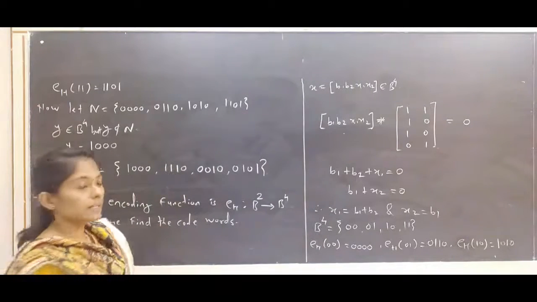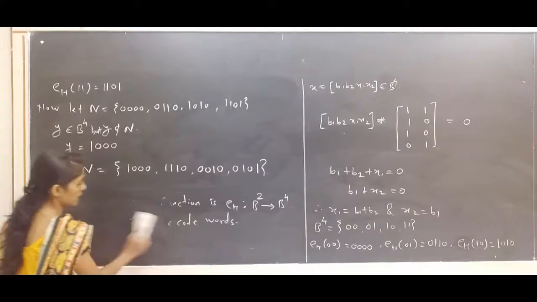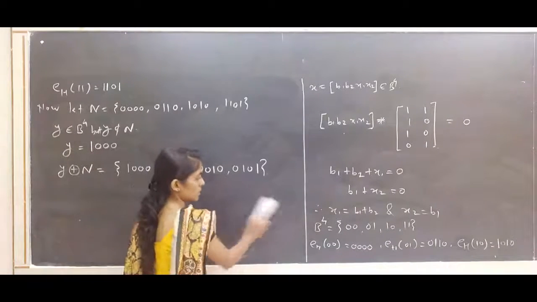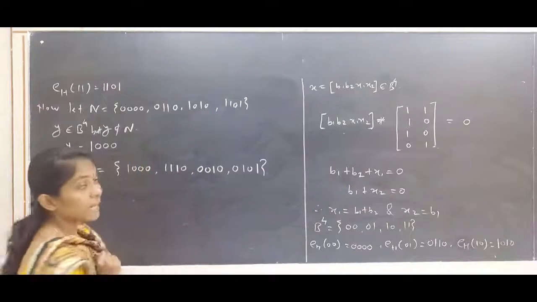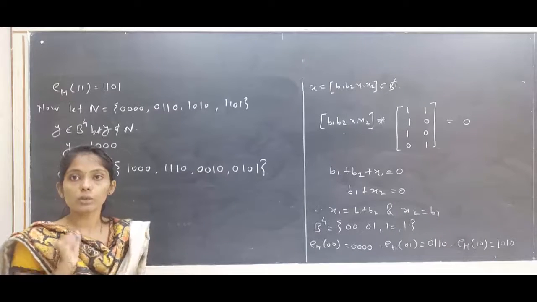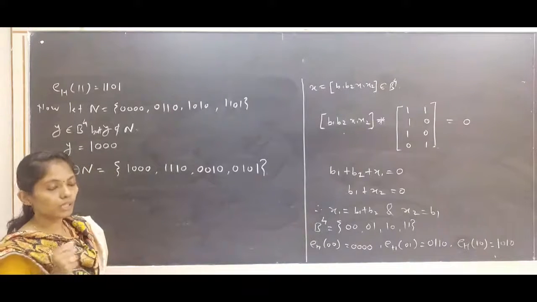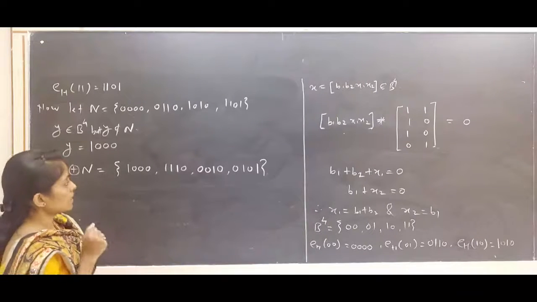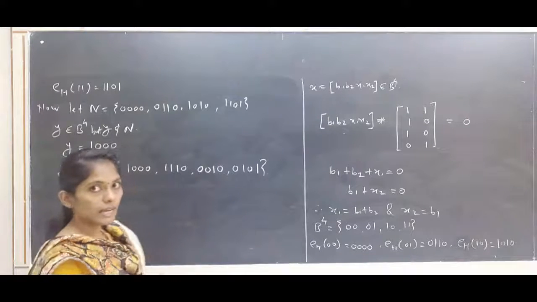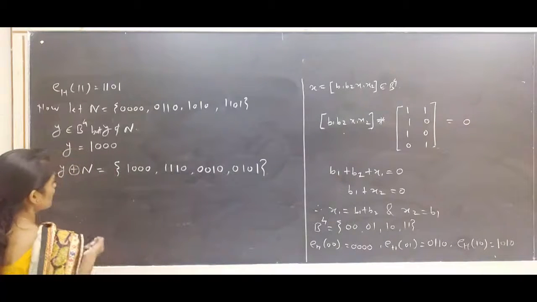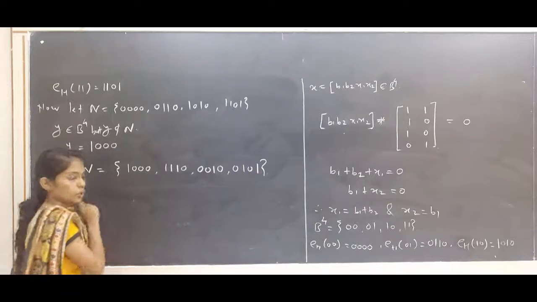Now see here, B^4 contains 2^4, that is 16 elements, right? So here we list only 8 elements. Now we want to list the remaining 8 elements. So we continue this process and we stop when we get the total of 16 elements. Okay, now this method we already discussed in the last lecture.